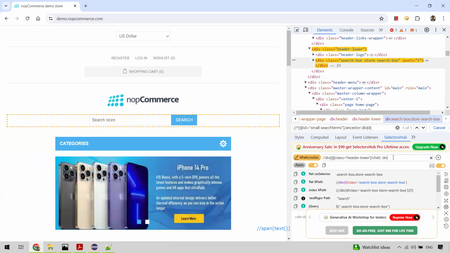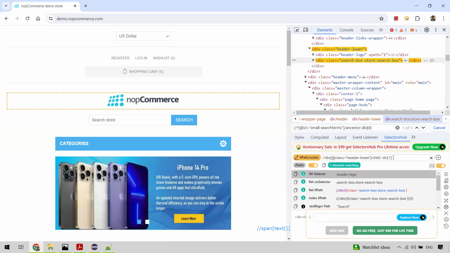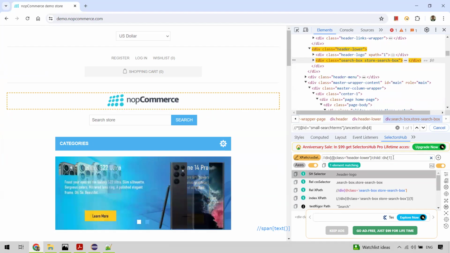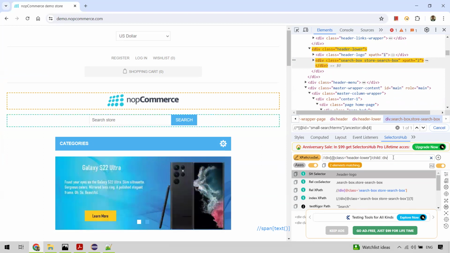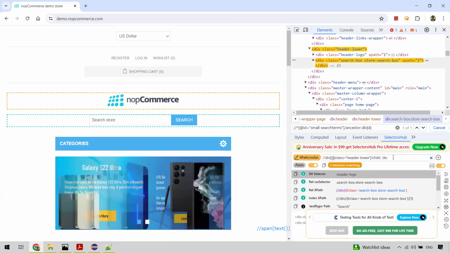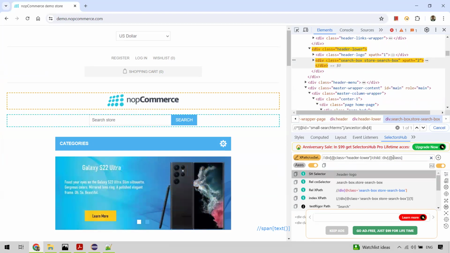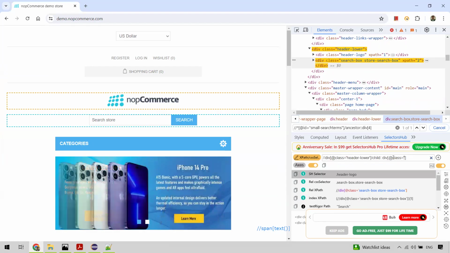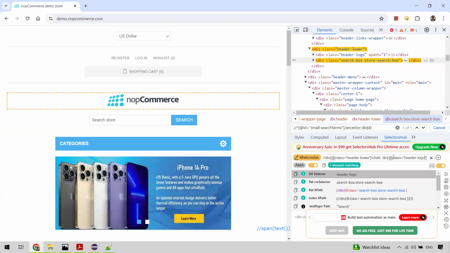So in order to identify or locate the header logo, I'll be giving it as div of one. See, header logo will be selected now. Okay, it selects. Okay, both are at the same level, right? So we can't give it like that. So say for example, there are two element matches, right? So you can specify something like this. Even this is valid. Class equal to header logo. So it will identify header logo,